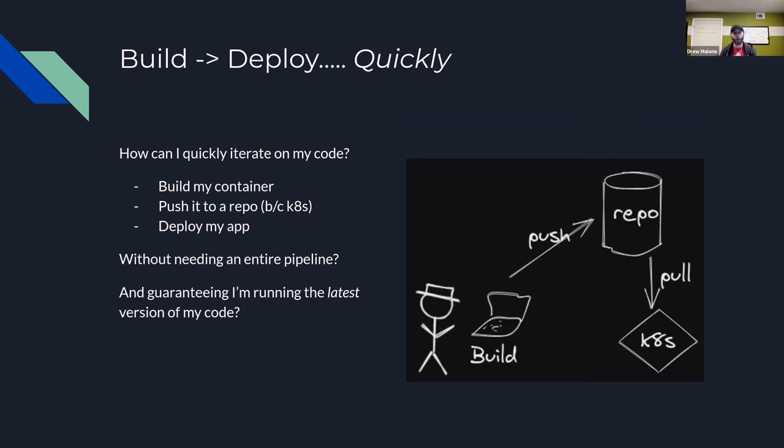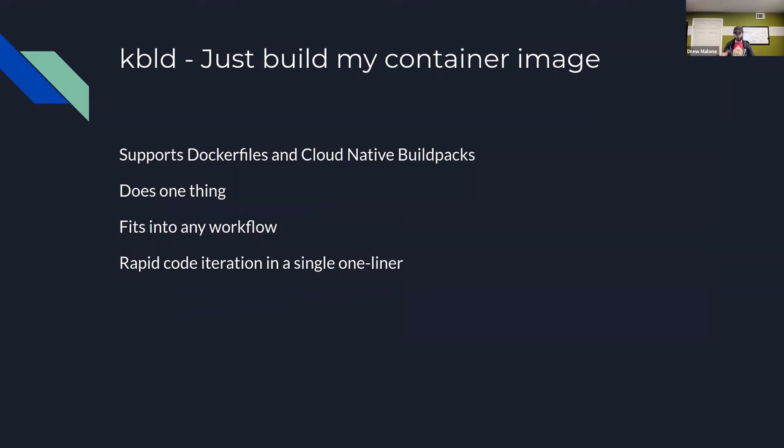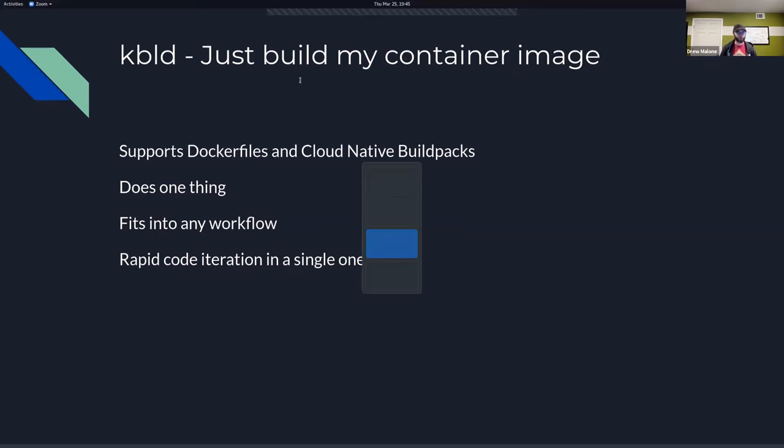That is one avenue, but this flow that I'll show you also guarantees that the new code you built is going to get run. So enter kbuild, Kubernetes build. It just does one thing: builds container images. It supports both Dockerfiles and Cloud Native Buildpacks if that's your jam. It fits into any workflow, like we pointed out, flexible just like anything else, and gives you that rapid feedback loop. So what this looks like here,